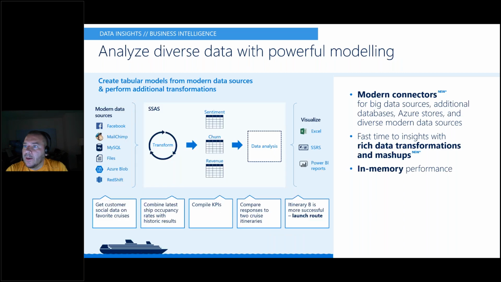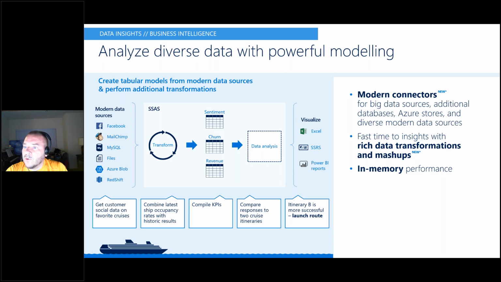Here is an example of an architecture where we are using Analysis Services. Analysis Services now has lots of different connectors in SQL Server 2017, which allow you to connect to additional databases, Azure stores, and a diverse set of modern data sources.